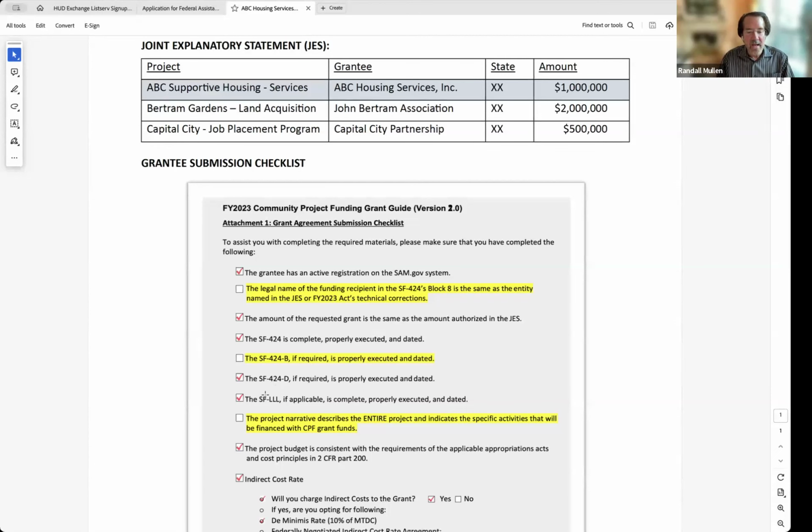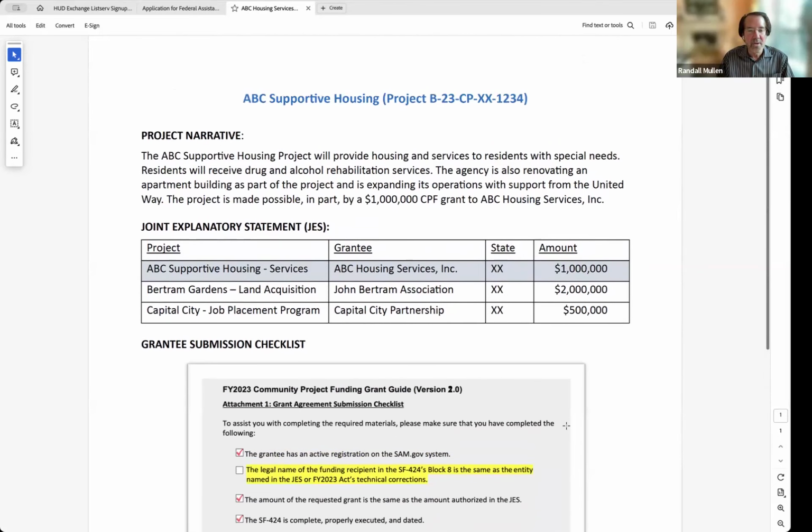And then the third item relates to the project narrative, which you do have in front of you. Is it describing the entire project, identifying the specific activities that will be financed with the CPF grant? And if we scroll back up here, you can read again, ABC Supported Housing Project will provide housing and services to residents with special needs. The residents receive drug and alcohol rehabilitation services.